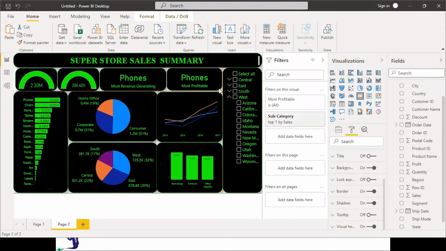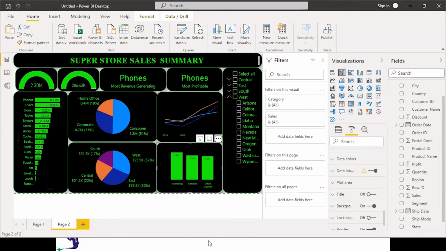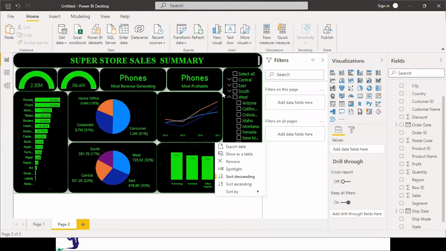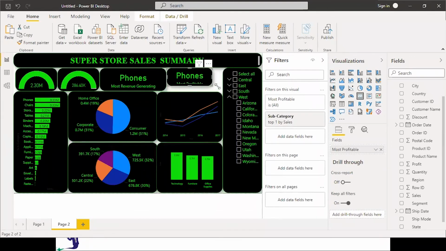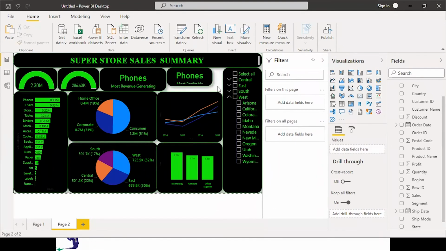Whatever else you want, you can adjust over here. And if I do not select any of the visuals, let me click outside the visual. Let me reduce the size of this. If I go to the formatting here, I will get the page formatting.